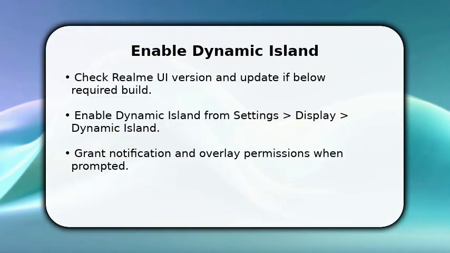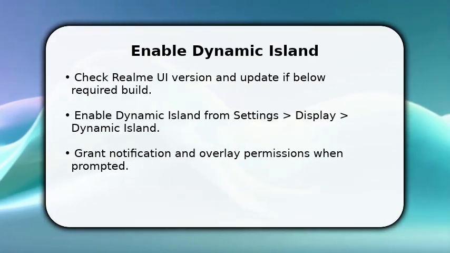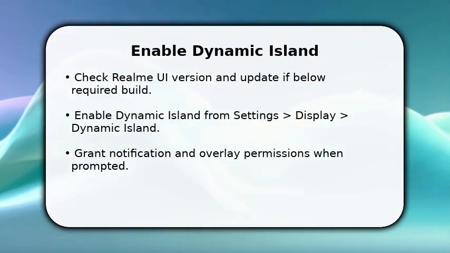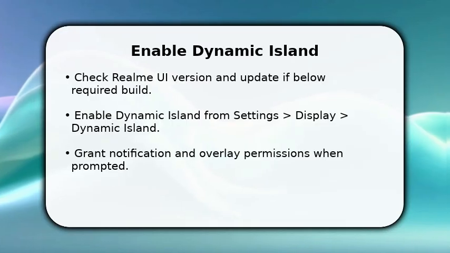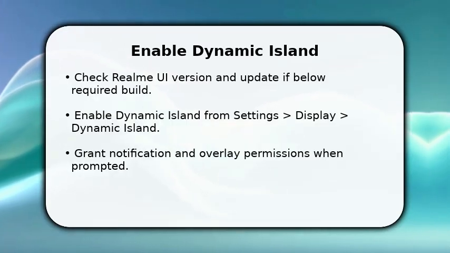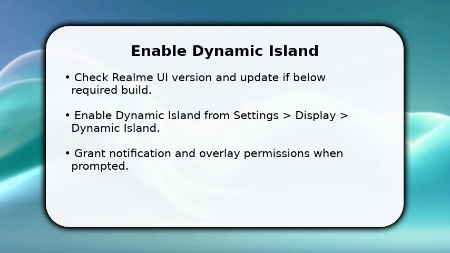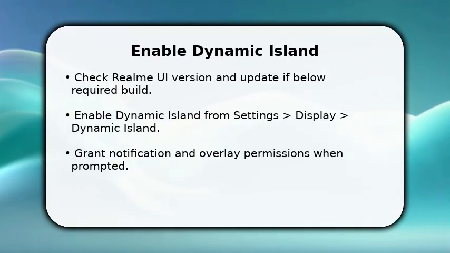You start by confirming your Realme GT 6T meets the software prerequisite. Go to Settings and check Realme UI Build and Security Patches. Once done, open Display and tap Dynamic Island to enable the feature, because the system toggles the UI surface and